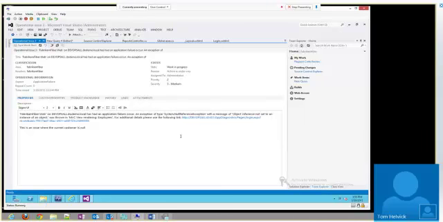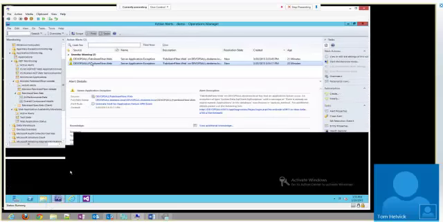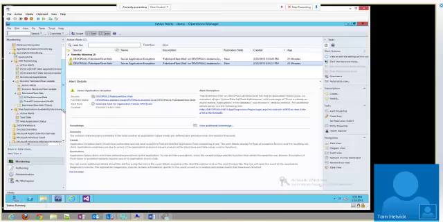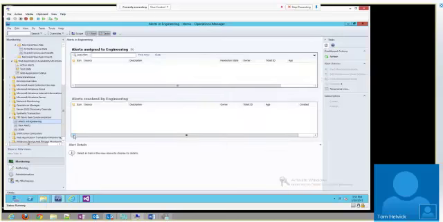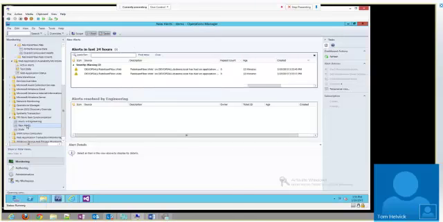I call up my friends on the operations side, and they say, great, it's going to be scheduled. Again, they would go to their view of what's in engineering. And apparently that updated already.